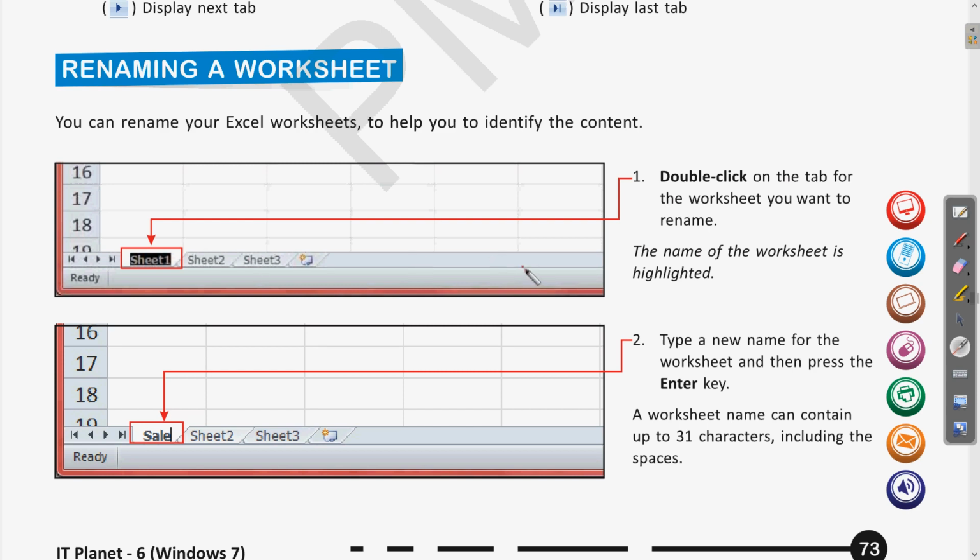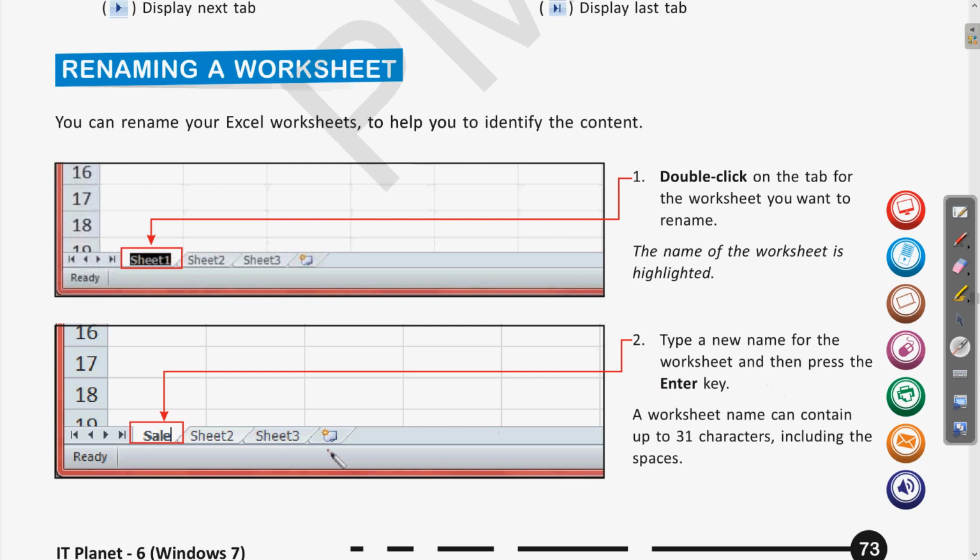For renaming these sheet tabs, double click on the tab of the worksheet which we want to rename, then the name of the worksheet is highlighted. Clear? So when we double click, the name will be highlighted. Then type the new name for the worksheet and press the enter key.